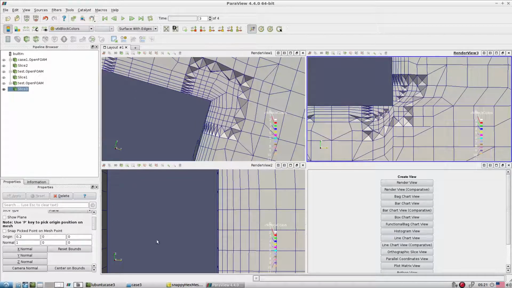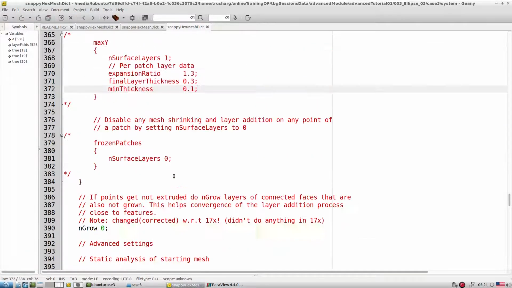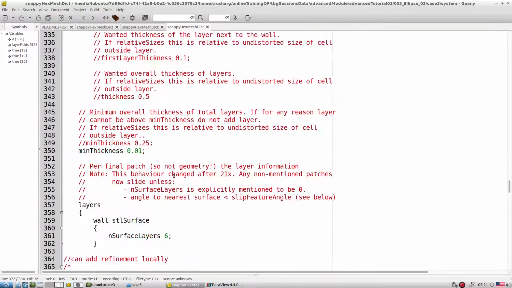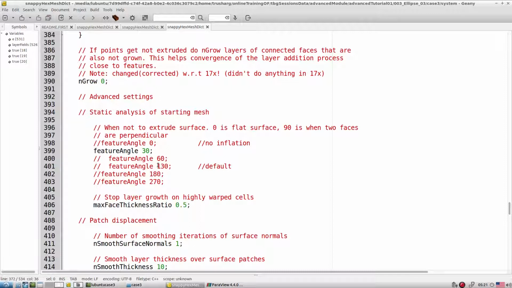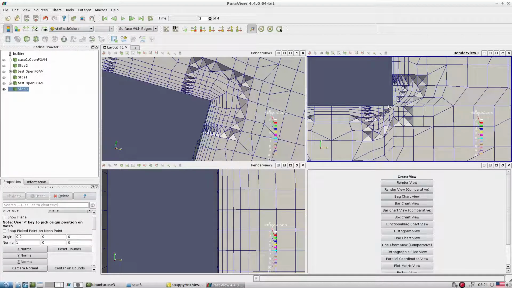And if you work with the features angle extraction, that means if you change the features angle here from 130 to 30 degrees, then you are losing this corner information. That means at the corner we are not allowing the boundary layers to grow nicely. So this is how one can control the development of layers on the different surfaces.